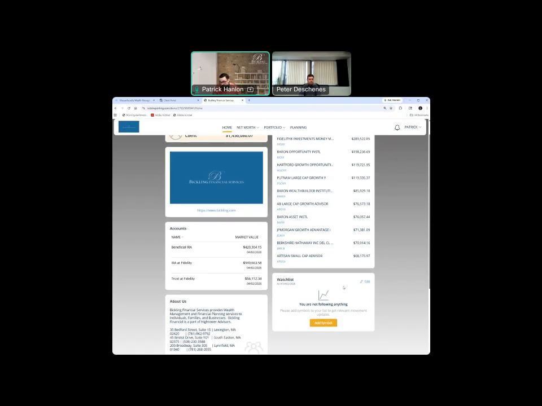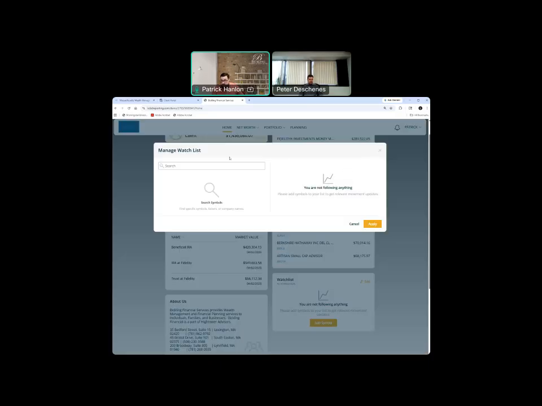The watch list would be another piece to note and another piece to review. We typically do not handle individual stocks for clients, but many of our clients work for a particular company. Maybe they have a particular stock that they've been tracking and that they want to keep an eye on that they maybe don't manage and is maybe not part of their top holdings. Well, if that's the case, you can come in here and you can look at those specific holdings right in here. So let's say you wanted to make a watch list, and I'm just going to put in a couple